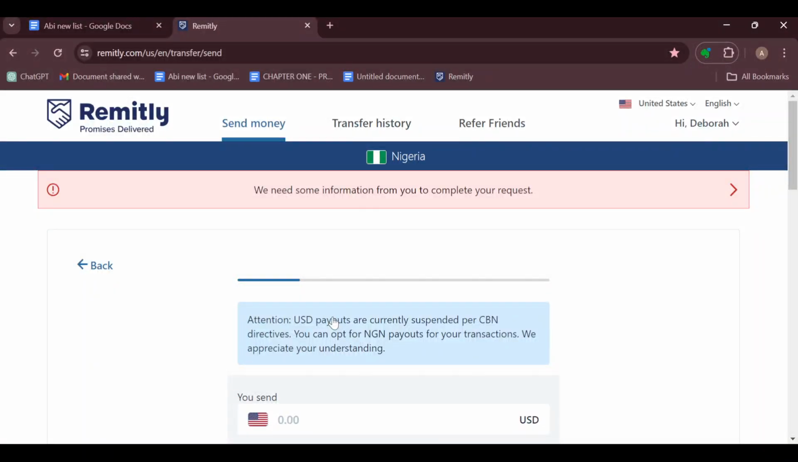How to redeem a code on Remitly. Hello guys, welcome to this tutorial. In this tutorial, I'll show you how you can redeem a code on Remitly, and here is how to go